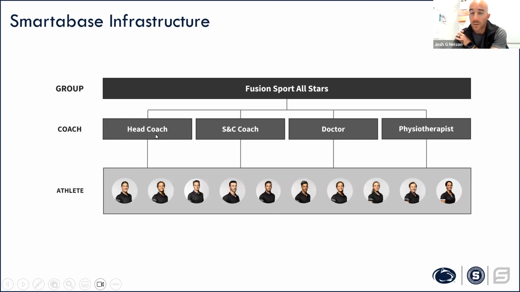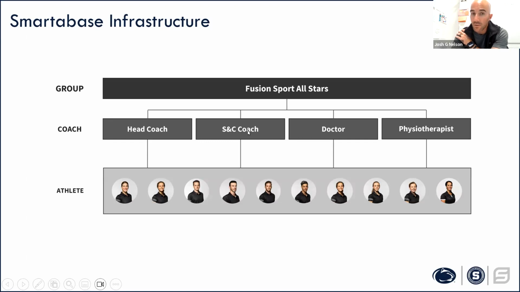One important note to point out here too, a coach in this sense does not necessarily have to be an on the field coach or a strength and conditioning coach. It relates to anybody that manages groups of athletes, so the lowest subgroup. So think about coach as one level up from the bottom of being an athlete, where I can only see and interact with my own data.